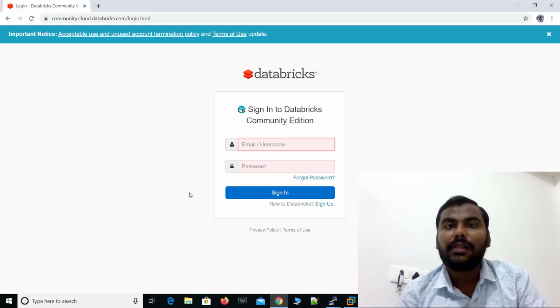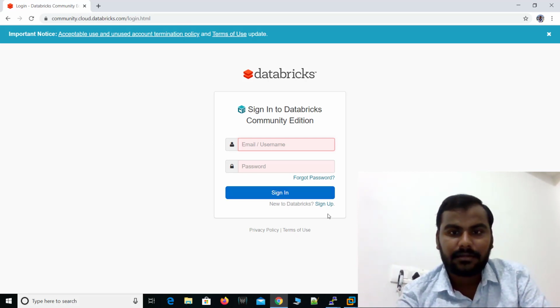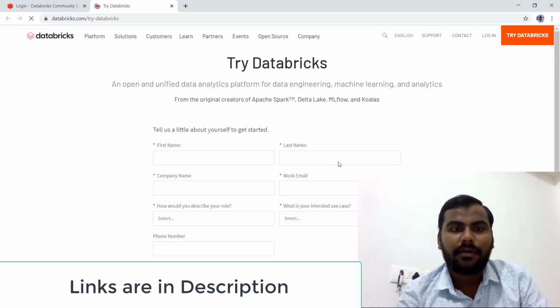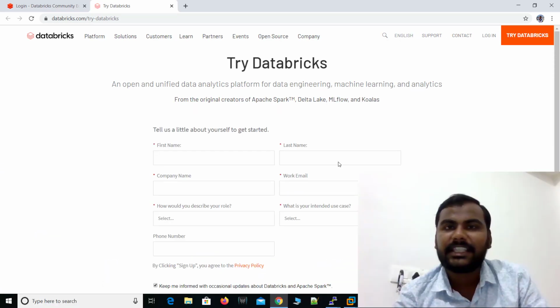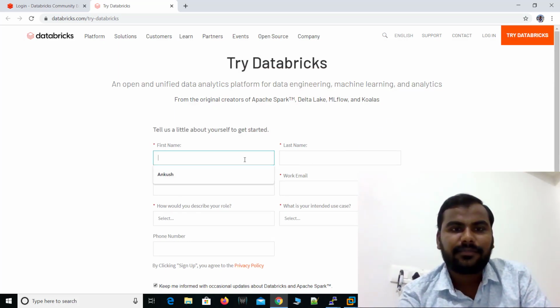If you have already signed up, you can use your email ID and password, but if you have not registered yourself, you just need to click on sign up. This form asks for completely basic information: first name, last name, company name.